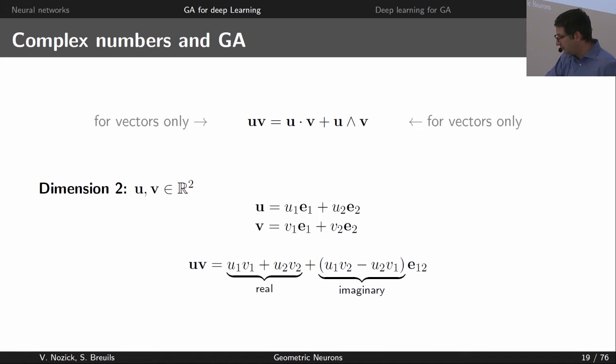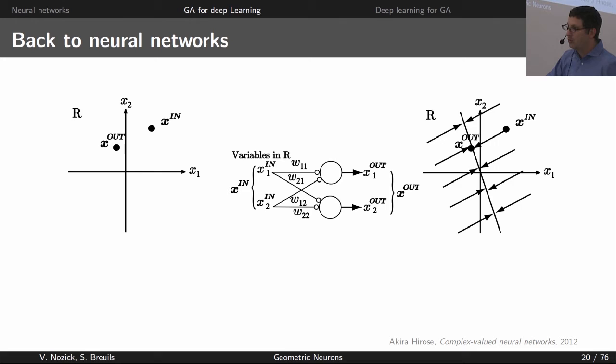So now the question is how it would be good to use complex numbers in deep learning, and how. To introduce this, let's consider a kind of silly situation. Here on the left, what you get is a point in 2 dimensions, x in, that we want to match to x out. This is silly because usually deep learning tries to generalize something, and here we have only one single data point.